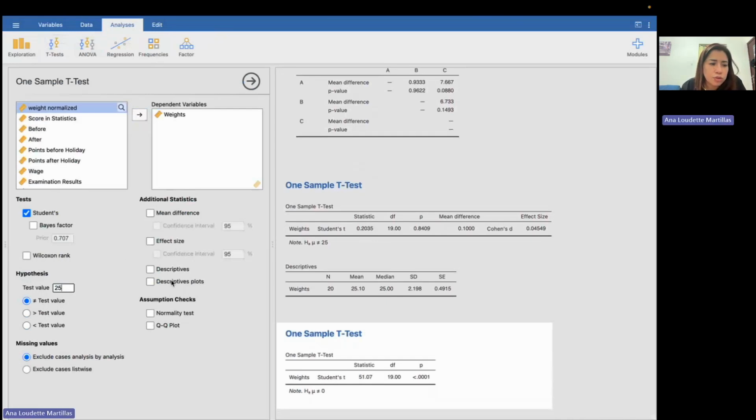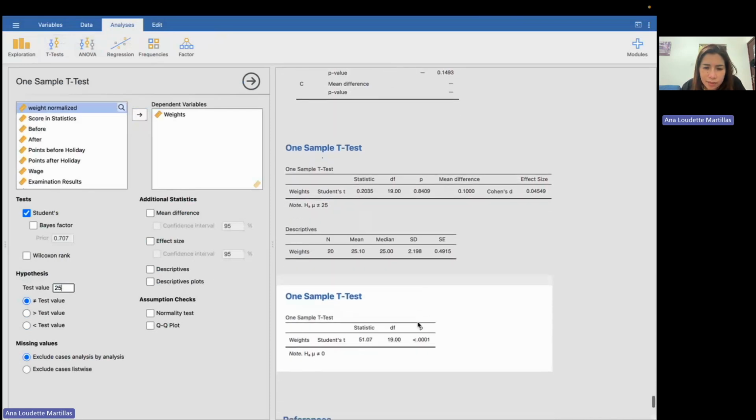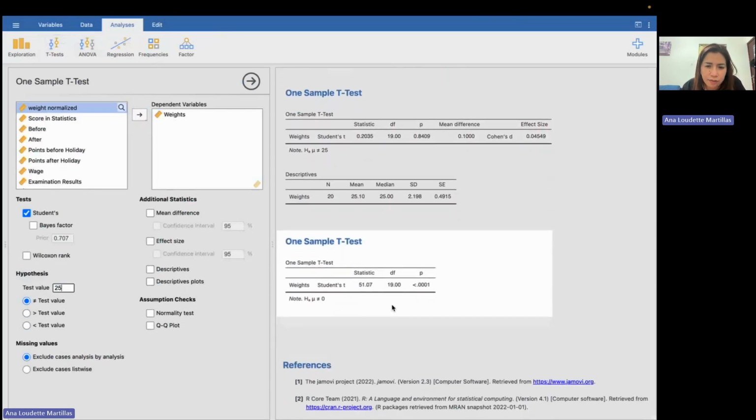Okay, so Jamovi will display the t statistic, which is shown here. Hold on. No, the t statistic is 0.2035. The p-value is 0.8409. So since the p-value here is greater than 0.05, so we will have